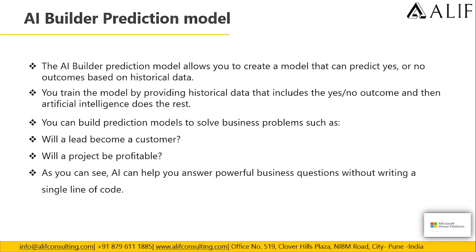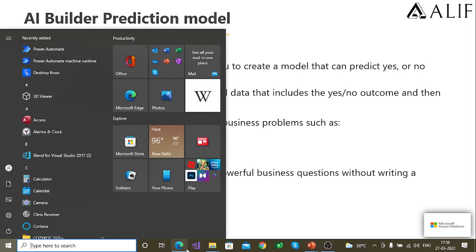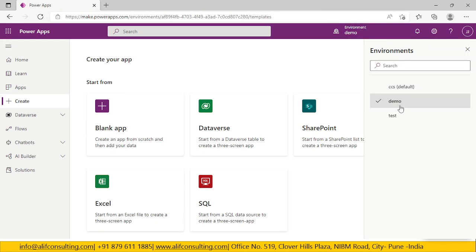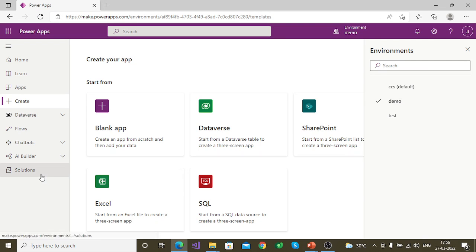So let's quickly get into a demo. Just to show you where you can create your Power Apps, inside make.powerapps.com. If you have a trial instance, you can create a trial instance and log into make.powerapps.com with your credentials. So this is how it looks. Once you have your environment set up, here you can choose your environment. In this case I have chosen demo, and if you go to solutions,